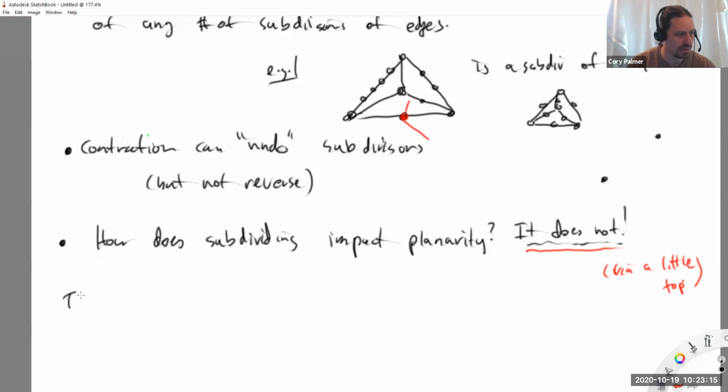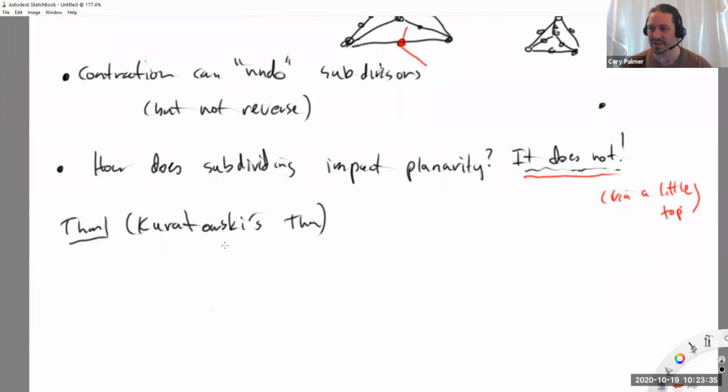Okay, so it turns out that this subdivision property here is in some sense strongly related to whether or not you're planar. Okay, let me write out the theorem here. Okay, it's called Kuratowski's theorem. Maybe from like 1937 or something like this. This is not one of the big 6 equivalent theorems, but this is one of the big 10 theorems of graph theory, definitely. So a graph G is planar if and only if, we love statements like this,